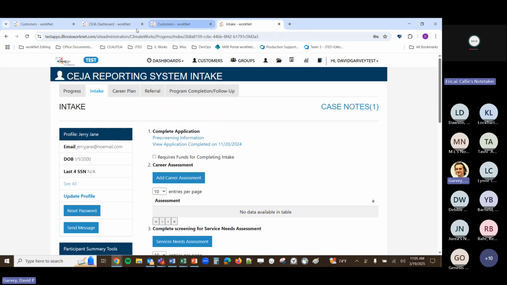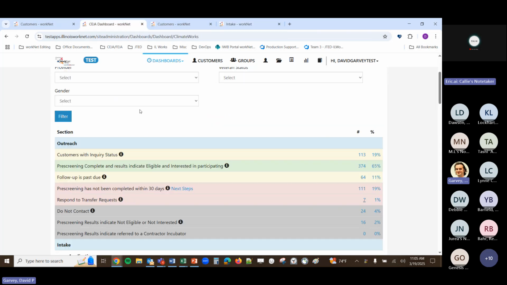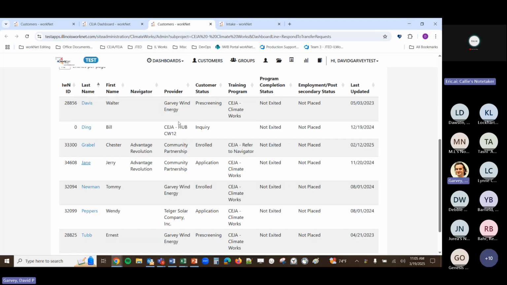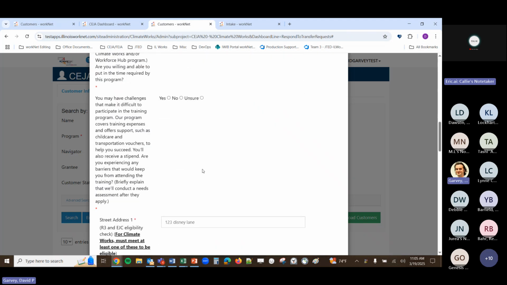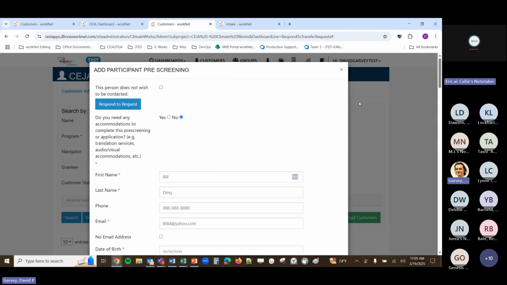But I did want to note too that, going back to this dashboard, the respond to transfer requests row includes the inquiry accounts as well. So if one grantee has added the inquiry account, but they haven't completed the pre-screening or the application, we just have this record here.